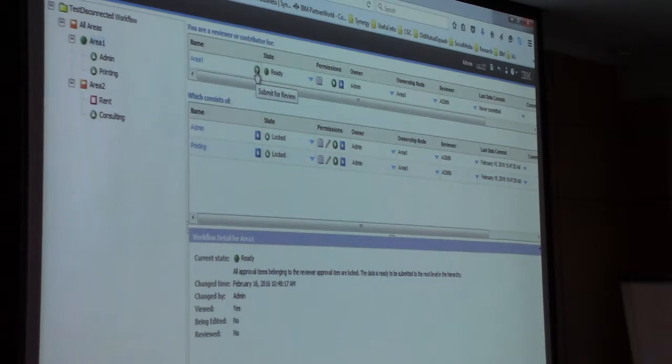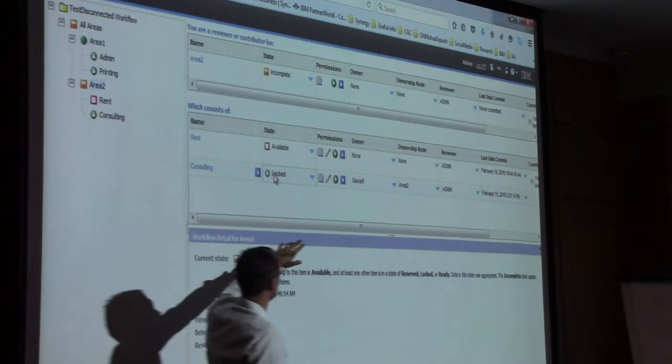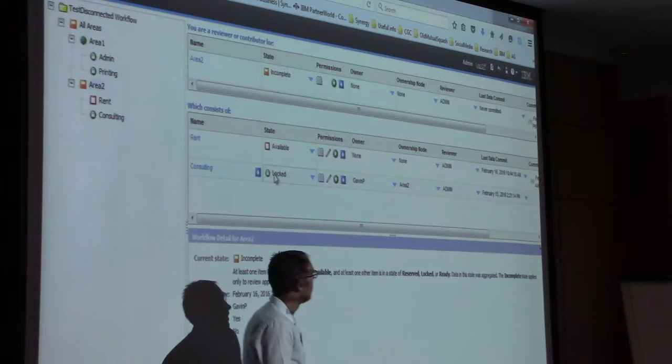I can hit the final button, and it'll be submitted for review. If I look here at area 2, you'll see that area 1 is locked, which basically means the budget holder, which in this case I can see is Gavin P, has actually submitted that budget.